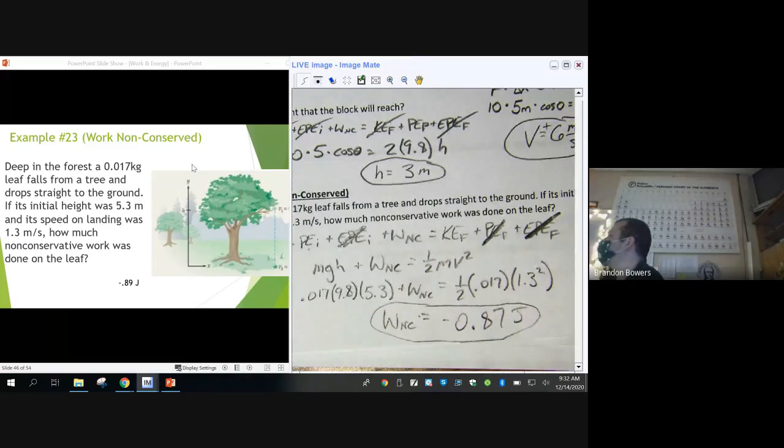What time is it? We got one more. One more. Yeah. So when I was solving this, I had a mental lapse and completely forgot what we were solving for. So I accidentally tried to solve for work in the first part, and I got 0.88, but I'm not sure if it works because